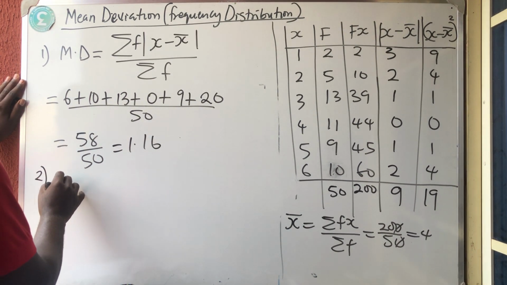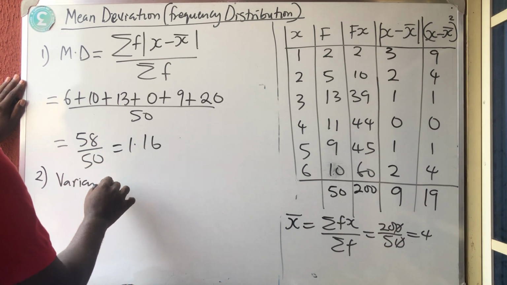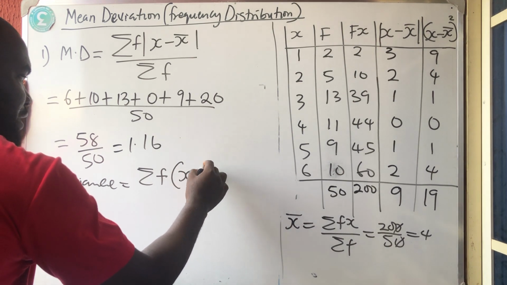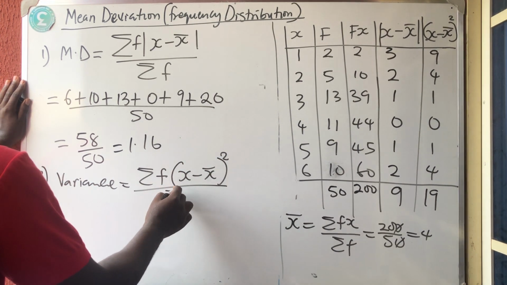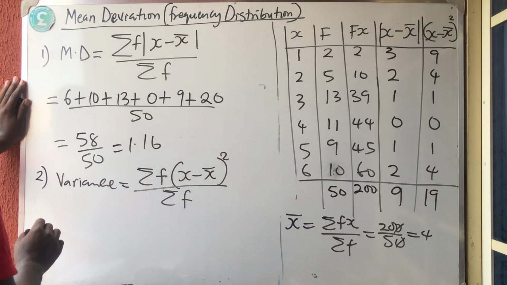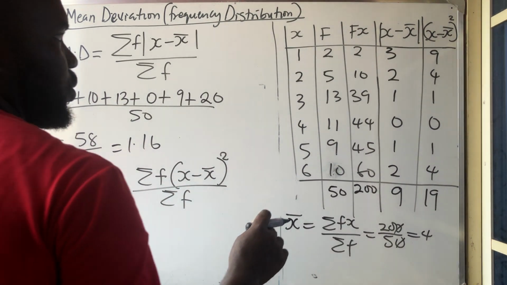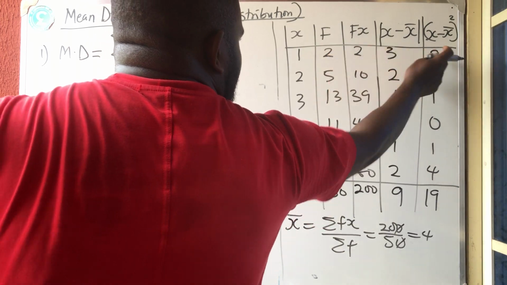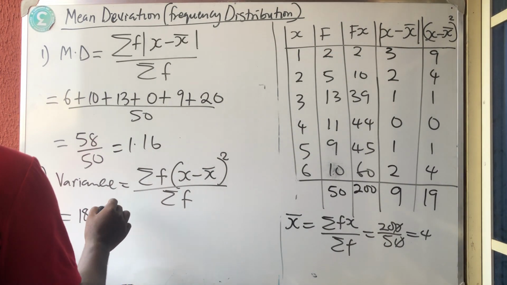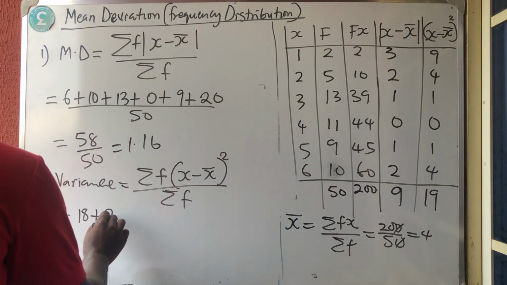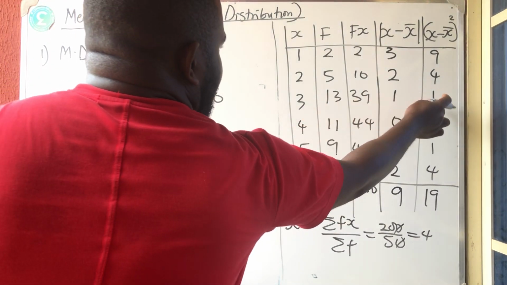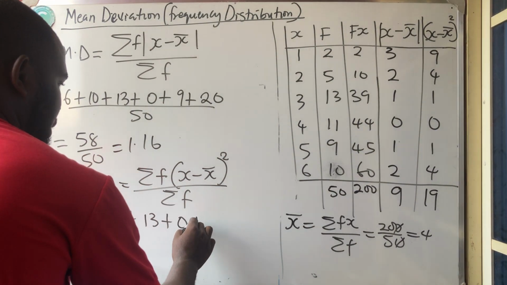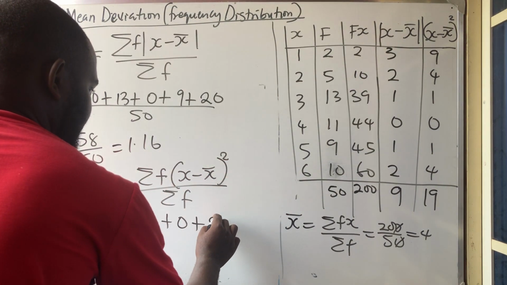Now the second one they say we should calculate is the variance. Now variance is still summation f, but this time around it will now be x minus x bar all squared. That's just the difference, all over summation f. So this is equal to, summation means be adding, so I'll be multiplying my f with my x minus x bar squared. So this time this is what? 18 plus 5 times 4 is 20 plus 13 times 1 is 13 plus 11 times 0 is 0 plus 9 times 1 is 9 plus